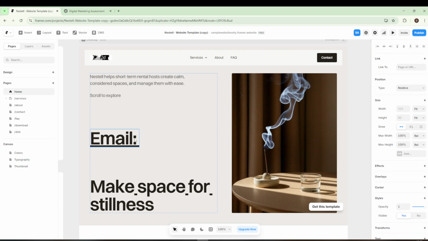Now look over to the right side of your screen and find the section labeled Linked To. This is where you'll insert your mailto link, a hyperlink designed to open up an email message in the user's default email client. In the link field, you'll type mailto, followed by the email address you want to use. For instance, you would enter mailto: